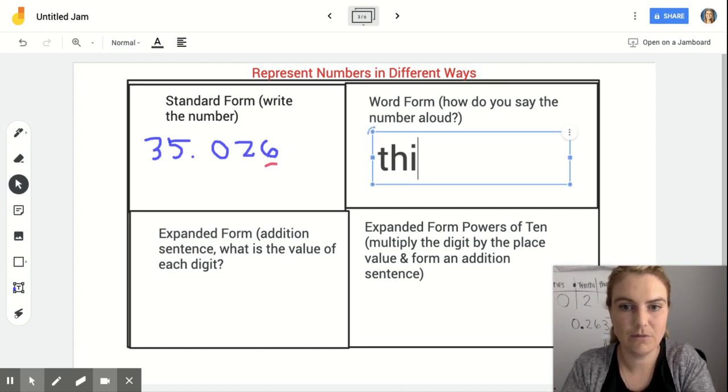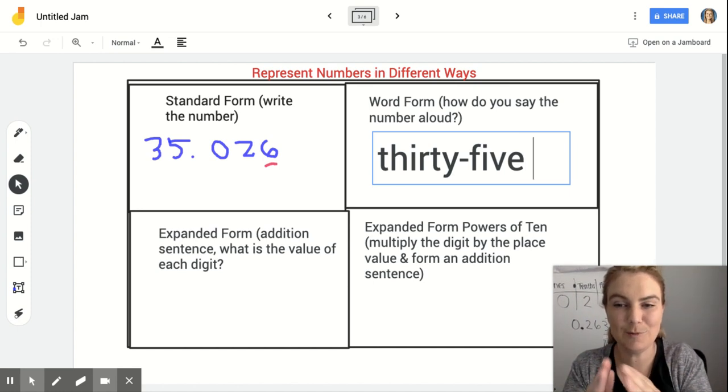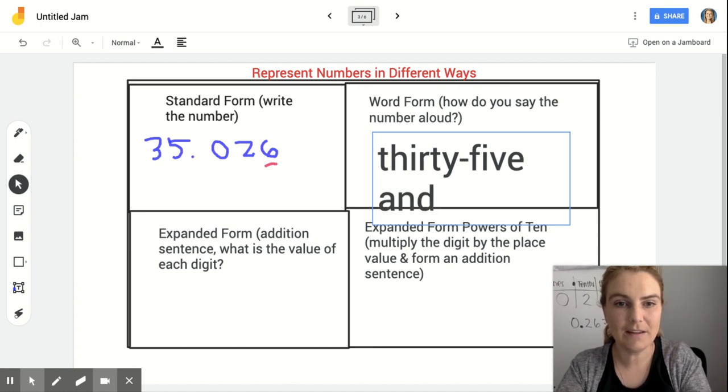30. Whoa, that's way bigger than I wanted it to be. Oh, well. 35. And anytime we write a number with a tens and a ones place, we put a little dash in between, and we'll get practice with that later. And so 35, and I'm writing the word "and" to represent the decimal, and then 26,